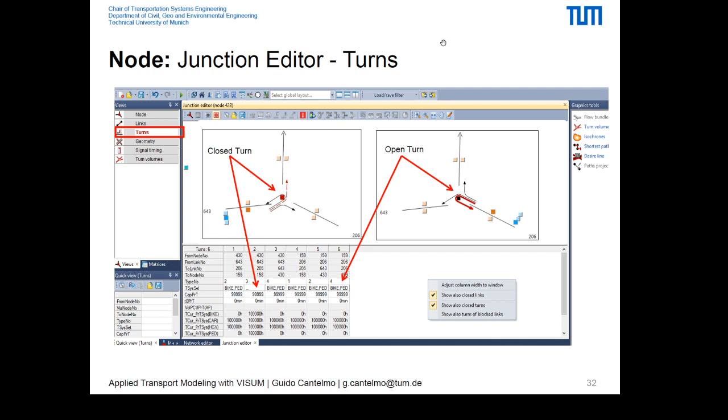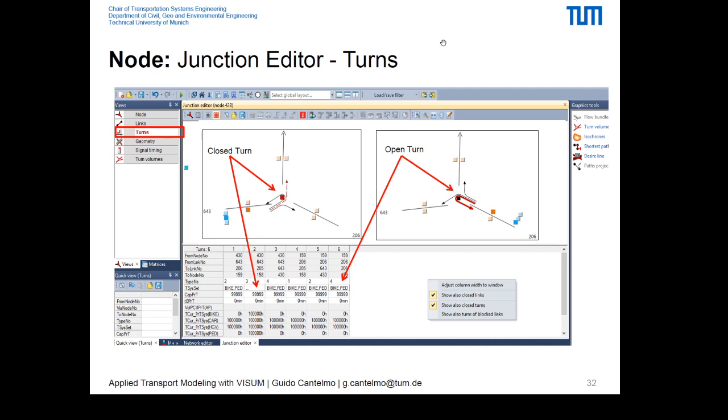For instance, by default, all the links will have a U-turn open. If you are on a motorway and you include a node to split the motorway in half, for example the motorway from kilometer 0 to kilometer 10 has 2 lanes, and from kilometer 10 to kilometer 25 has 3 lanes, well, you do that by creating 2 links and putting a node in the middle. When you create the node, Visum will probably by default activate all the turns, which is straight, backwards, and U-turn. And you probably don't want to have a U-turn at the moment in which the motorway switches from 2 lanes to 3 lanes. So this is the way in which turns can create a lot of problems for Visum,